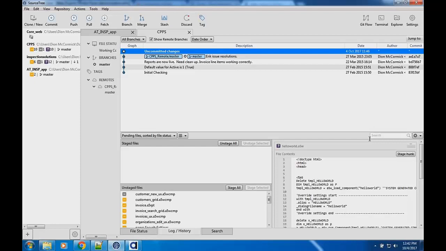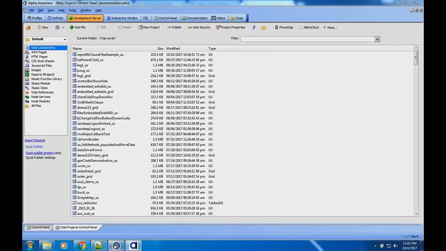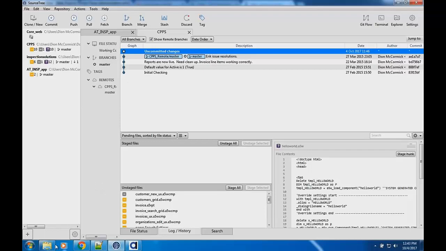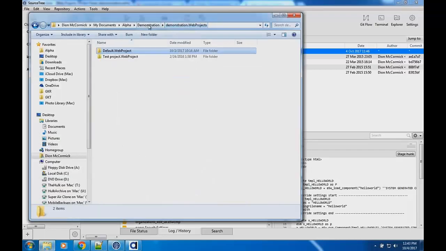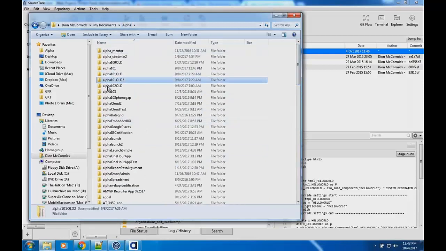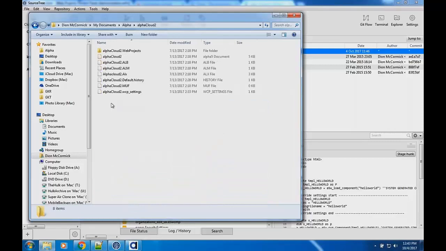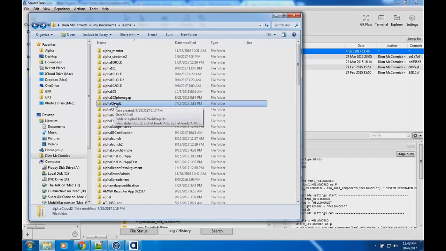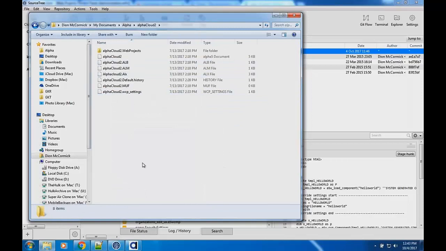Oh, good question. Okay. How do you put your Alpha project into SourceTree for the first time? The idea behind it is pretty straightforward. Let's say I'm developing a project here, and you'll notice I have all my different Alpha projects for the different training courses, things I was doing with Alpha Launch, other sub-projects, etc. So I've got a folder in here, and this is where all my information is. When I'm ready to go and I want to create a new repository, what I can do is this. Let's say I want to go into Alpha Cloud 2 and create a repository here, which doesn't exist.